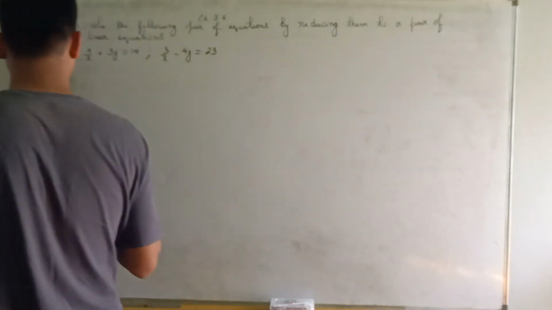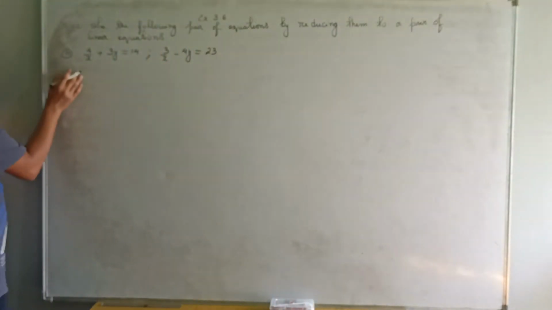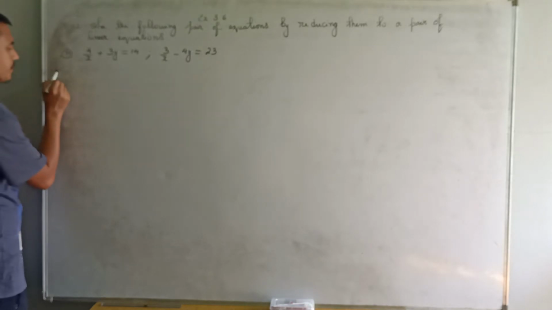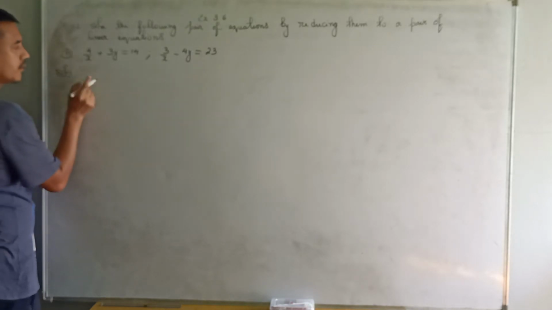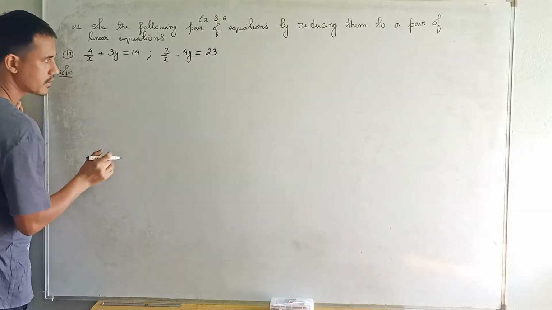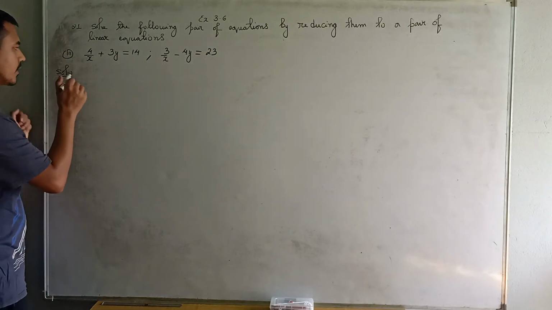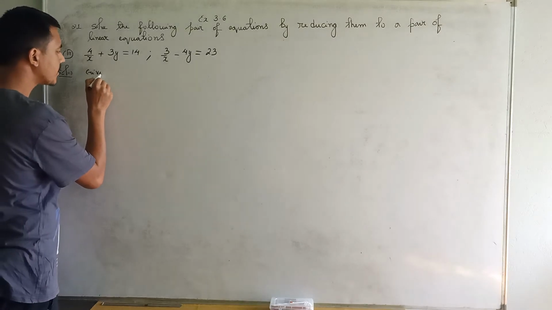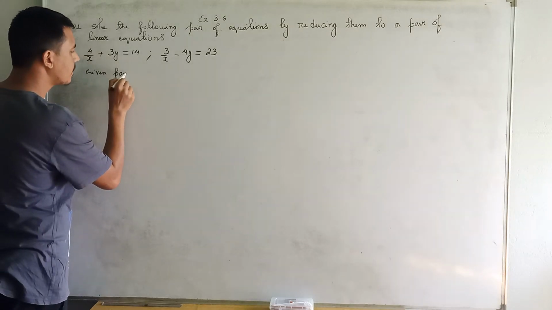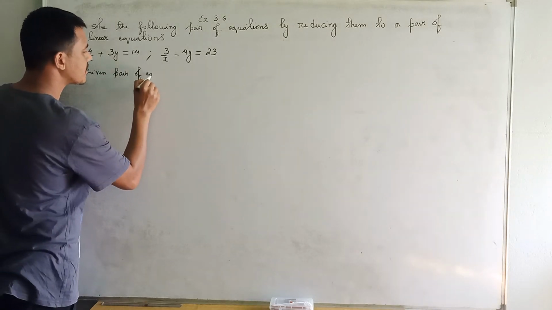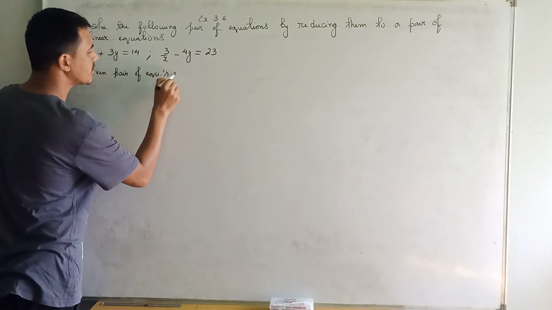So we now proceed with Roman 3. You have a pair of equations. Let's check whether they are linear or not. Here you're given a pair of equations. Given pair of equations are